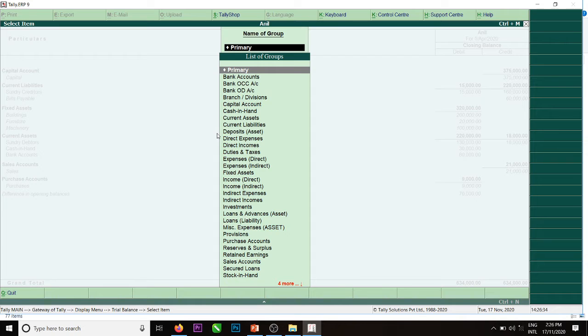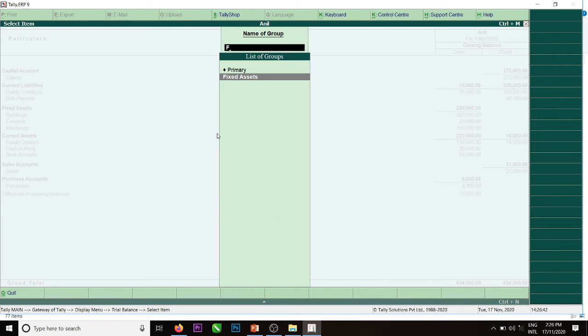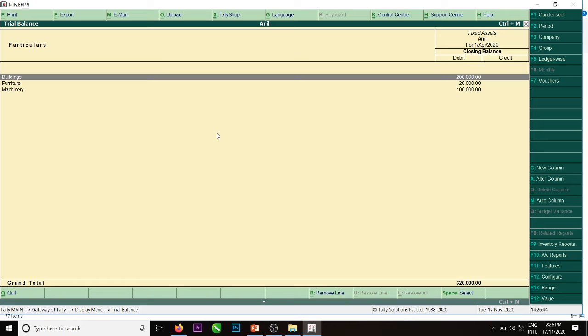Press F4, I want only fixed assets group, then it will display only fixed assets. It will display what are the items, and Alt F1 will show any items mentioned in that. Press F5.